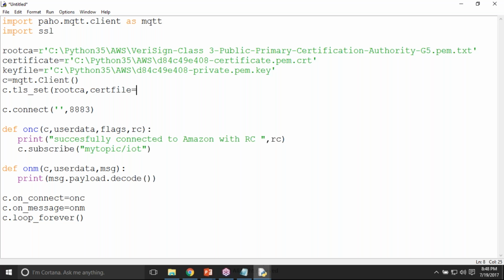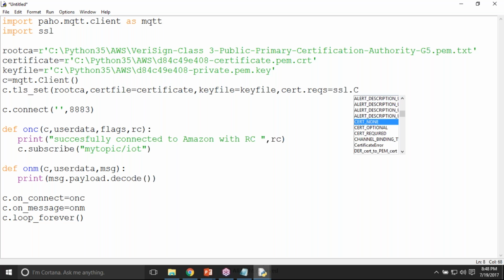cert file equals to the certificate, whatever name you used to call them up, comma, key file. I have used key file itself, so key file equals to key file, comma, then cert request equals to ssl.CERT_REQUIRED, comma,